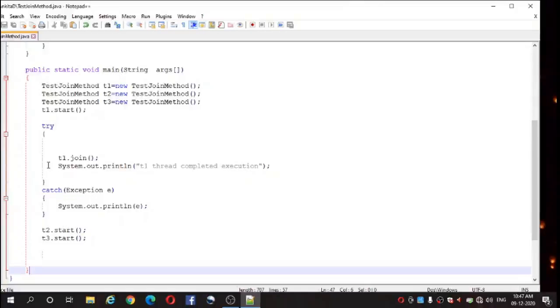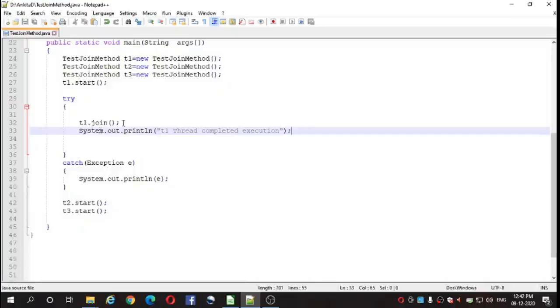Inside the try block we have written the join method, which allows the T1 thread to complete its execution before the other threads. So T1.join means T1 says, I want to finish first, and we display the message on the console: T1 thread completed execution.